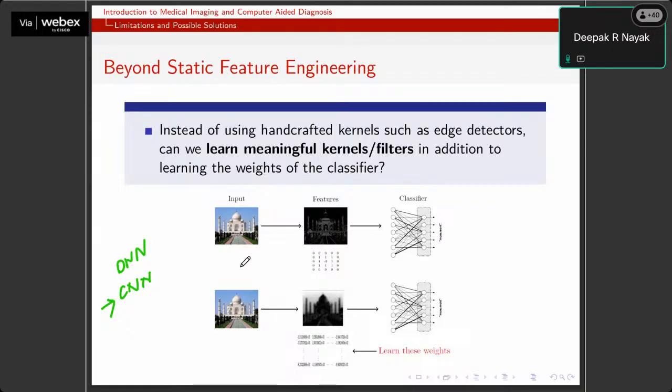Those of you who have an image processing background might know there are convolution operations and how to apply edge detection filters and perform the convolution to get the edges in the image.